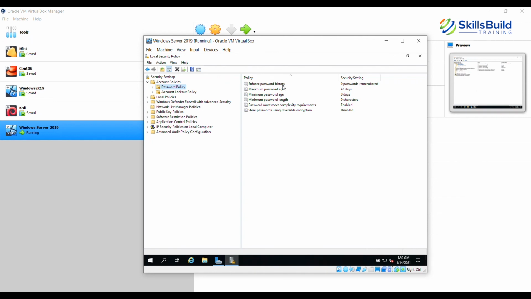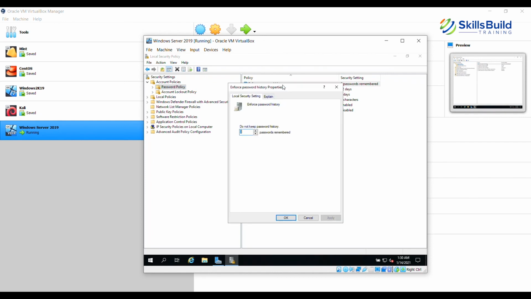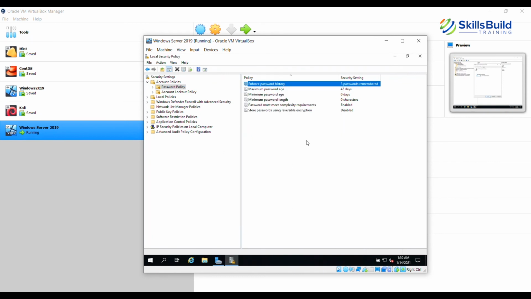So, enforce password history. Now, if I enable this, let's say I say remember last 3 passwords. Now what will happen is, today I used the password as 1. My second password was 2. Third password was 3. Now, after 2, if I want to revert to password 1, I will not be able to do that.